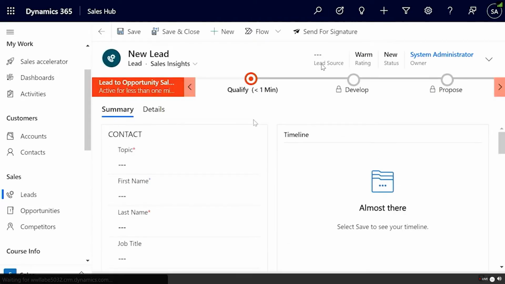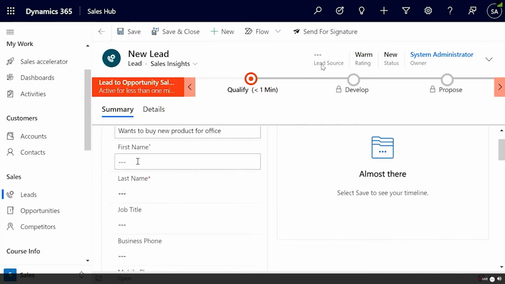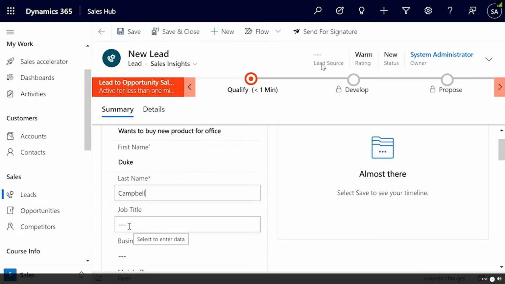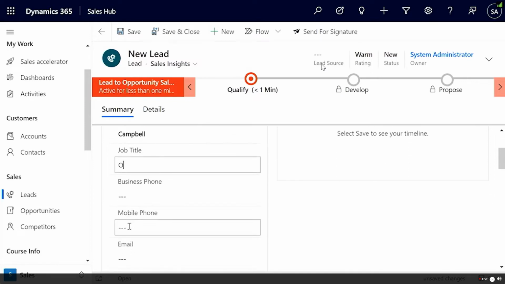Now I'm creating it manually. You can set it up so if there's maybe event registration or an interest form that it automatically comes over, but this is the manual process. So maybe we are saying wants to buy new product for office. All right, so that's kind of like the summary of our conversation. And in this case, I was talking with a gentleman named Duke, last name Campbell. All right, and they work as the office manager